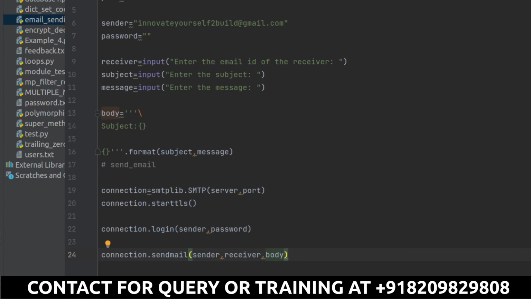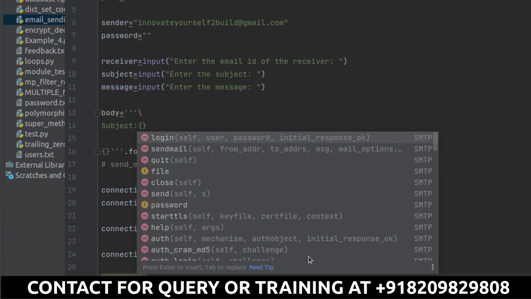And with this, when I call this method, it will send an email to the user whose email ID I have specified over here. So this is what exactly I can do, right? Now the next thing is, when you have successfully sent the email to anybody, the last step is that you have to close the connection, right?